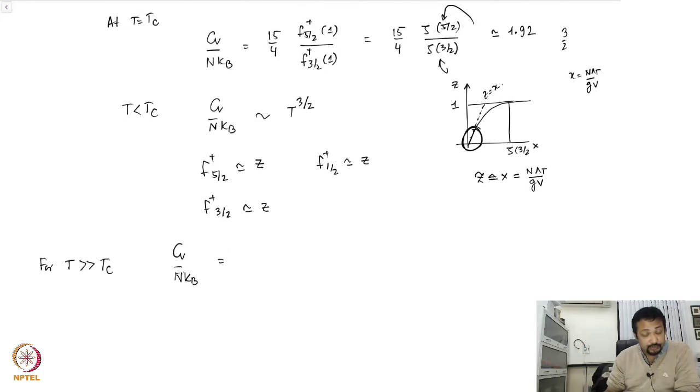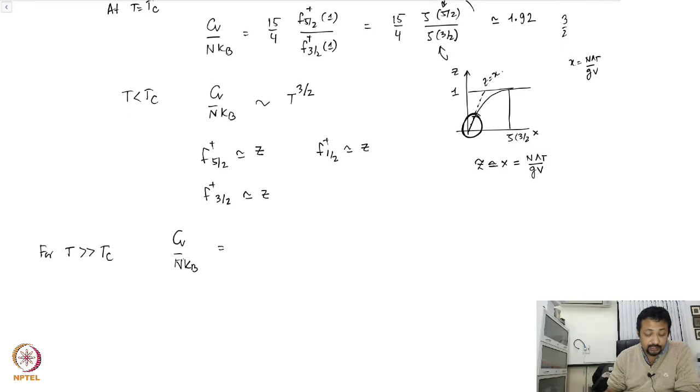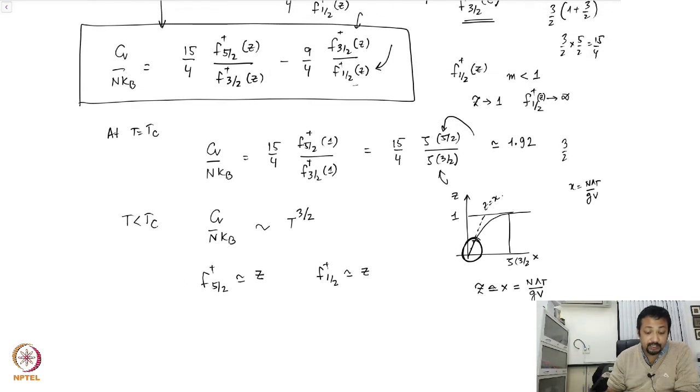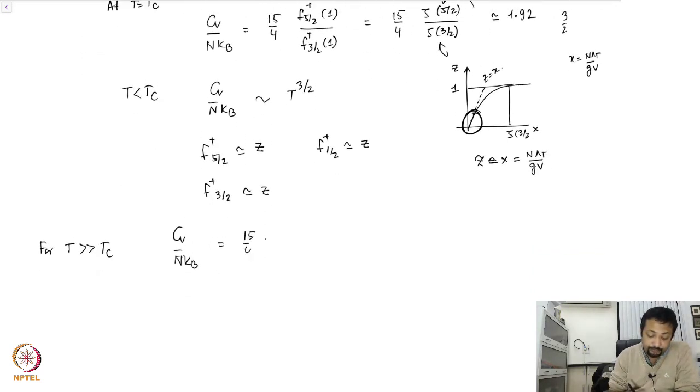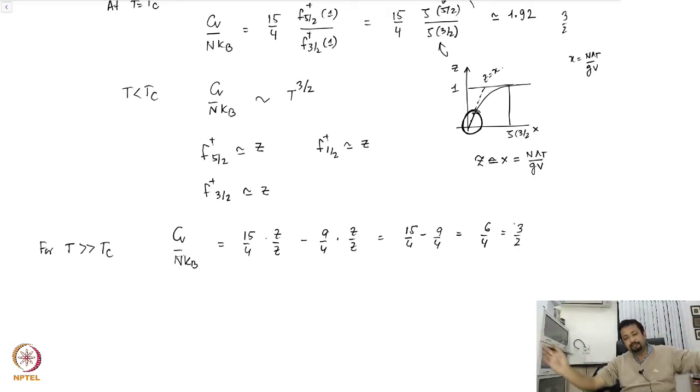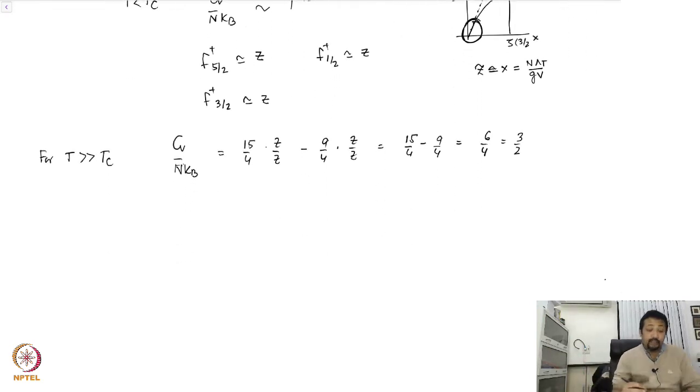For very high temperatures, for T much larger than Tc, Cv over NkB becomes 15 by 4 times z divided by z minus 9 by 4 times z divided by z, which is 15 by 4 minus 9 by 4, which is equal to 6 by 4, and that is exactly equal to 3 by 2. So far away from the critical temperature, you get back the classical result of the Dulong-Petit law. So if I now want to plot the specific heat,